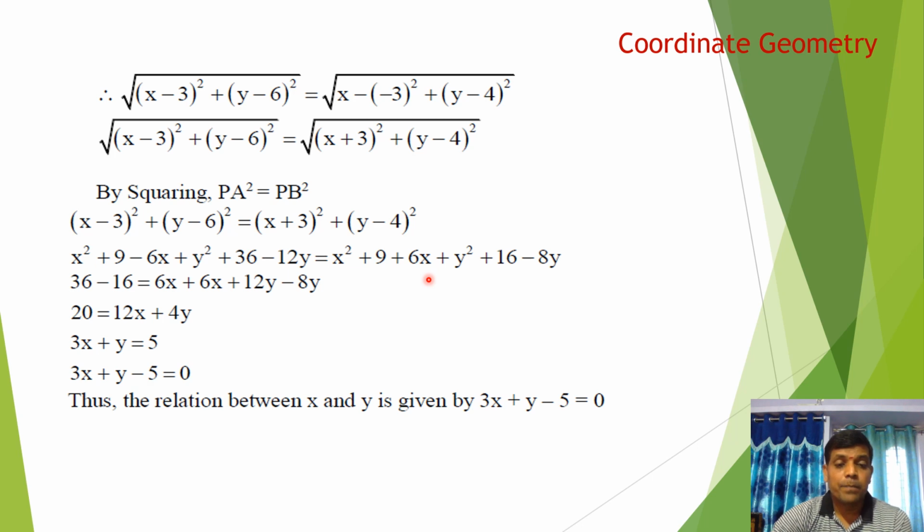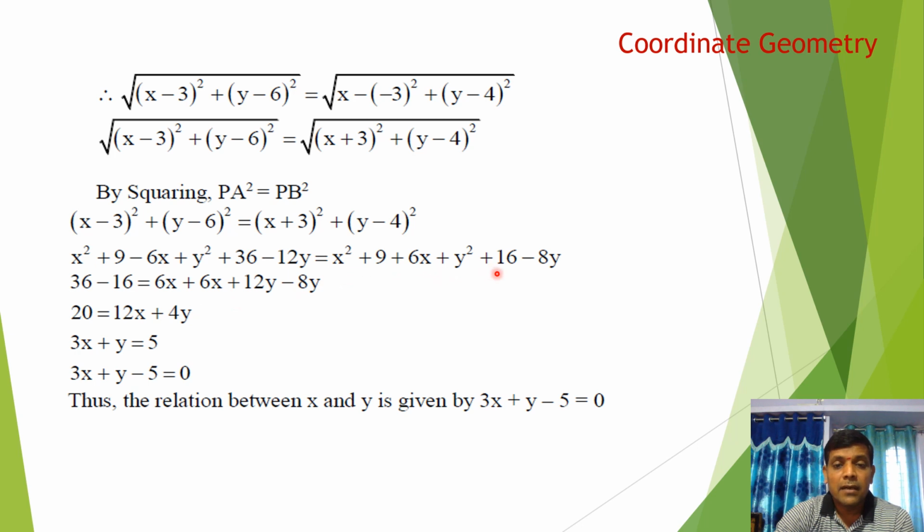Now next step. Both LHS and RHS have equal terms, so equal terms cancel on both sides. Write the remaining terms. Here x square cancels, 9 and 9 cancel. The remaining terms: 36, what are the remaining terms? Minus 6x. Here y square cancels, equal terms. So write the remaining terms: 36